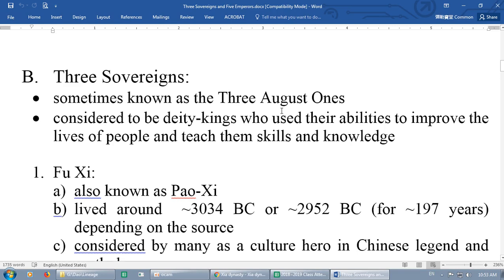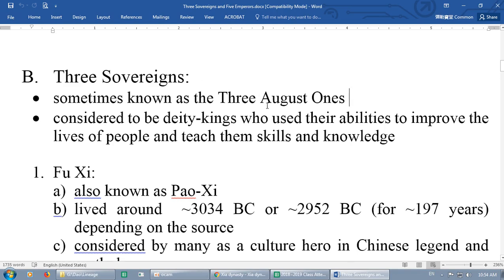Make sense? Because during the period of the Zhou dynasty, the Shang dynasty before it, and even the Xia dynasty before it, none of those rulers or emperors during those 3 dynasties used the term Huang Di. They only used the word Di or king. So that's why Qin Shi Wang, the first quote unquote emperor of the Qin dynasty, was very arrogant, proud, and very ambitious. So he used that title, just to let you know.